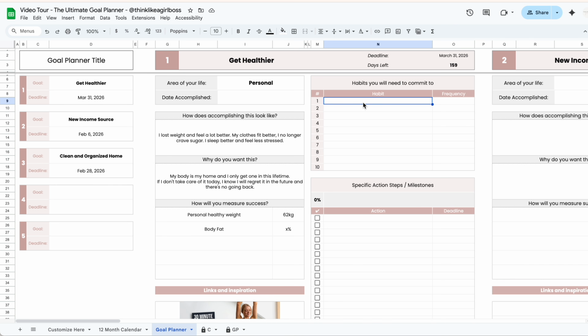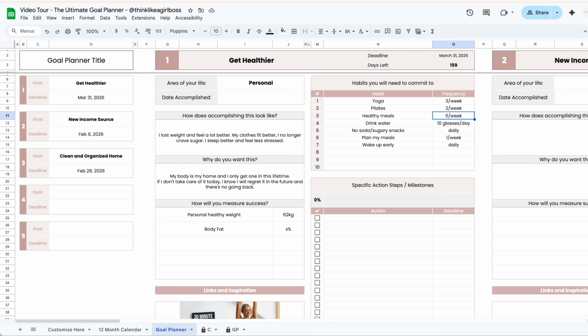So those small things that you need to do consistently, you're going to write them here, and then you're going to add the frequency, how often you need to do them. So let me show you an example. So I did yoga, Pilates, healthy meals 5 times per week, drinking more water, no soda or sugary snacks, planning my meals once per week, and then waking up early every single day